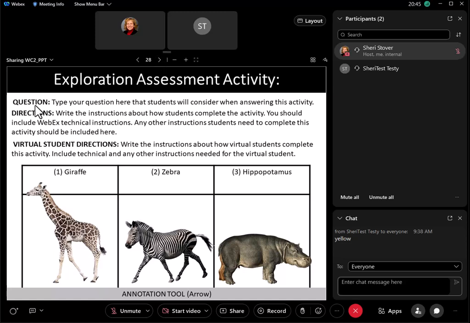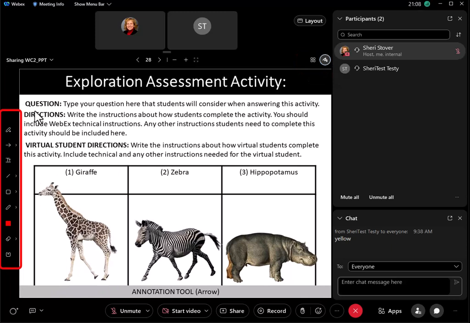So you're going to type your question here, and you give them the directions. In this case, we're going to use the annotation tool arrow. So the directions might be, go up in the right-hand corner and click on the annotation tool. Students will need to click on that to display it.